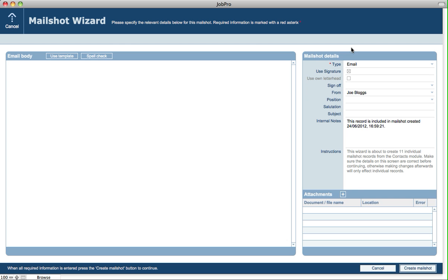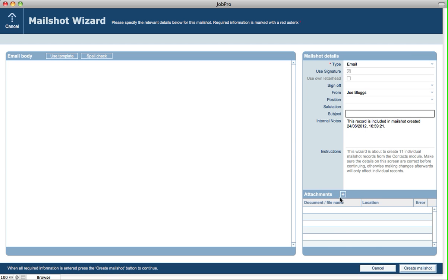So then we can specify the sign off section, who it's from, position, and salutation is basically where it's going to override what will default to dear first name. We can change that in here by just typing in anything at all. We'll also specify the subject, and you can put some internal notes as well at the same time.